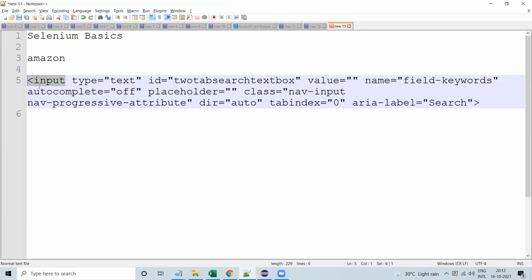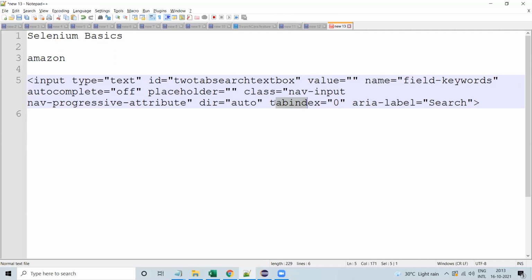There is a possibility that an element can have one attribute or more than one attribute. Here you can see multiple attributes. This is one of the attributes and its value. This is one. Name is one of the attributes and its value. Everything here is an attribute and value. So an element could have an ID and it could have a name.